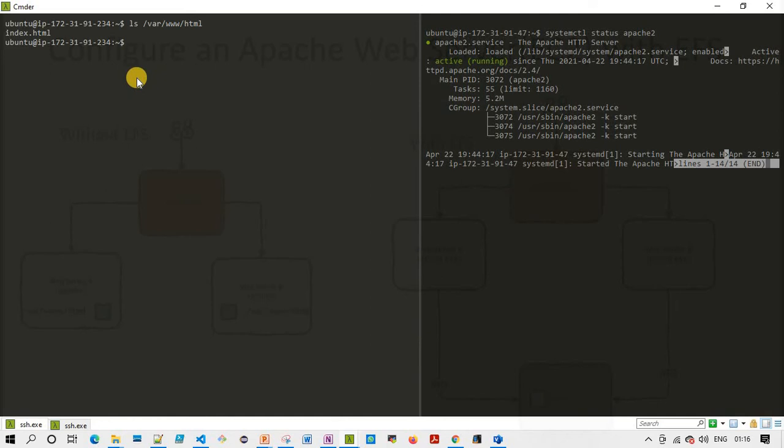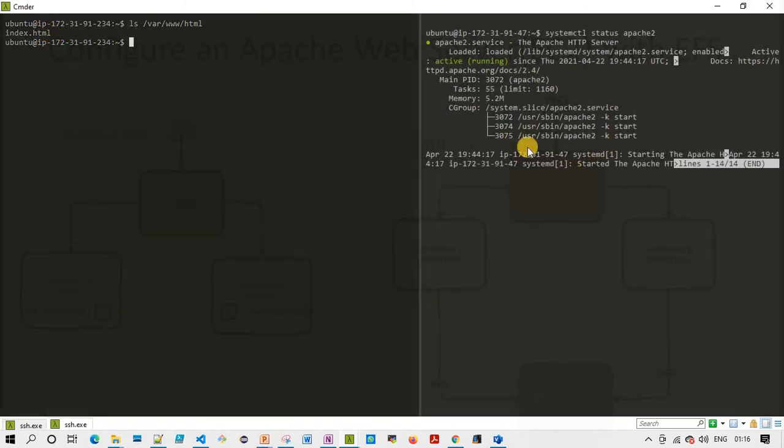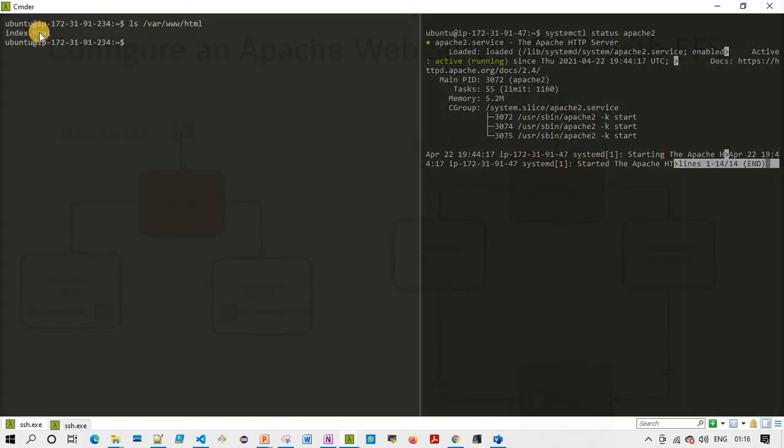Now we do one small change. We are going to modify this file and see what exactly happens. And of course, if I modify this file, because it's using two different storage, the contents are not going to sync. Now we are going to use